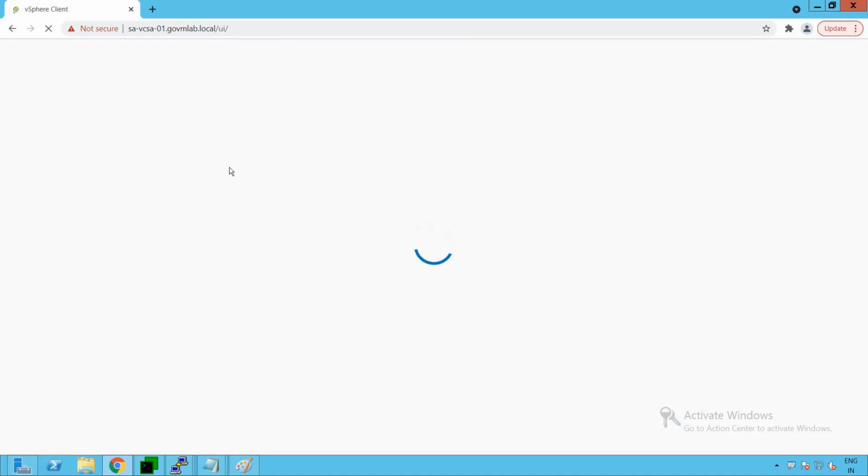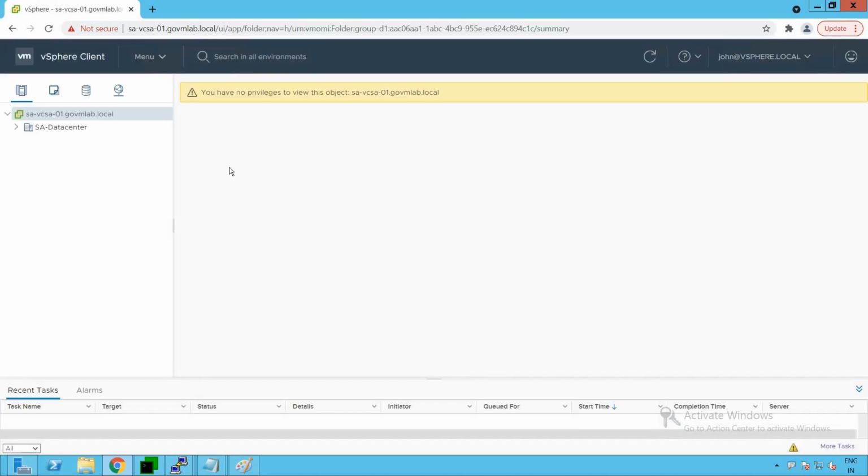Click on login, and as you can see, we have successfully logged in as the John user. But because we have not given all the required permissions, the first thing you see is that we are logged in as John at vsphere.local, and it clearly says you have no privileges to view this object because we have not given permission at the vCenter object level.